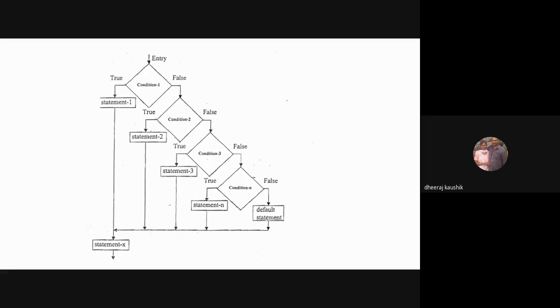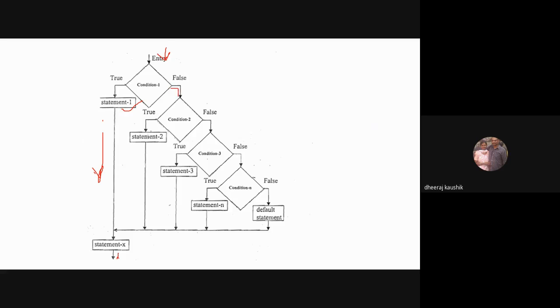So the flowchart for this statement would be somewhat like this. In the condition, the entry happens, the flow of the program continues until the first condition. It checks if the condition is true. And if you want to conclude your program after the execution of this condition, and if it is true, then it directly goes and continues with the program.